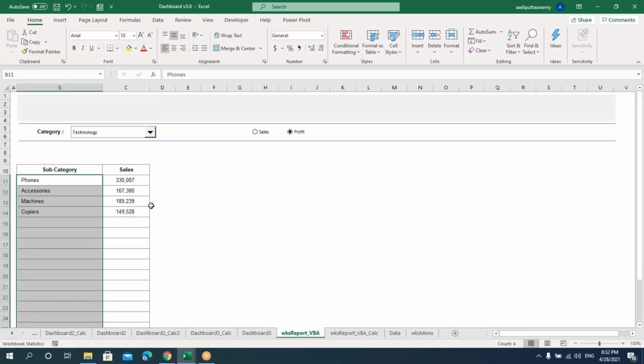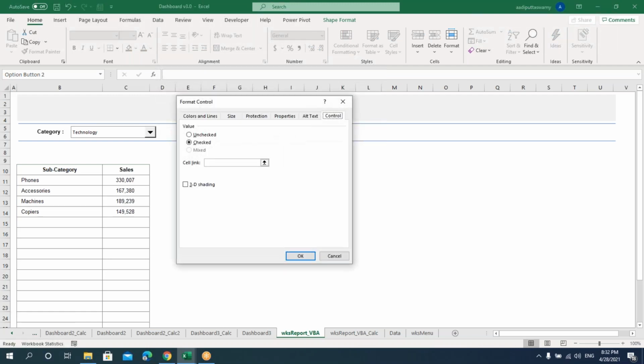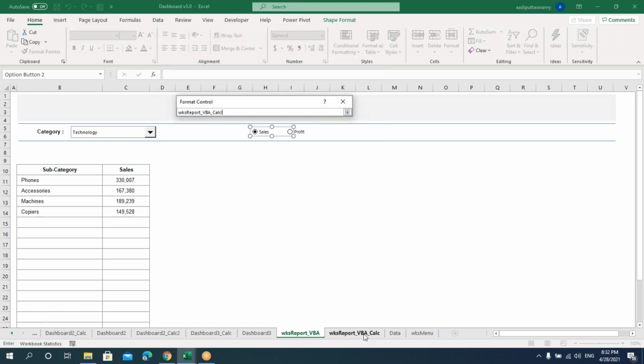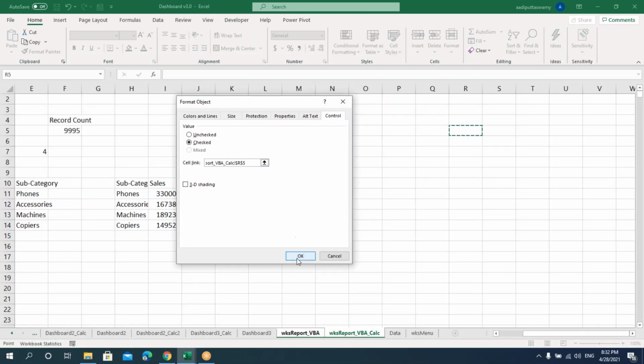Let's say we'll give some indentation. So I can see that I just formatted here. Now whatever data we have here has to be copied and pasted here. That is, if I say sales, then I should get the sales value here. If I say profit, I should get the profit data. So how will I know whether I should copy the sales or profit data? So what we'll do is right click, format control, and we'll give the cell link somewhere here. I'll just select here and say okay.